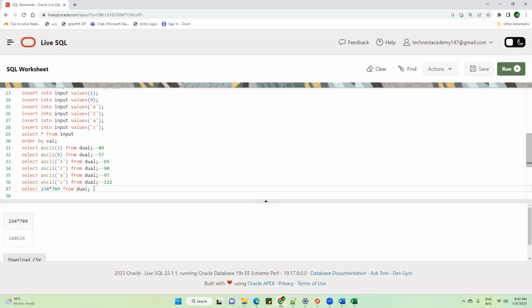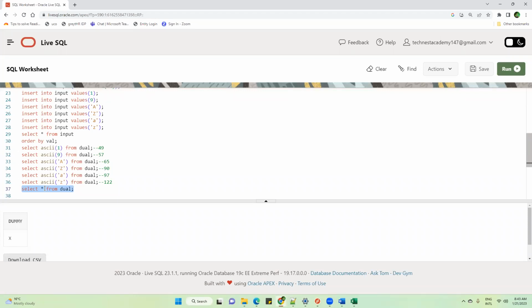Any question? We do select star from dual. Yes, this one. Like I told you, this is a dummy table and it has a dummy column, which is just X, because this is for your practice purposes. You have this virtual table created so that you can practice something. You can do some calculations and all this stuff. Hope it is clear.